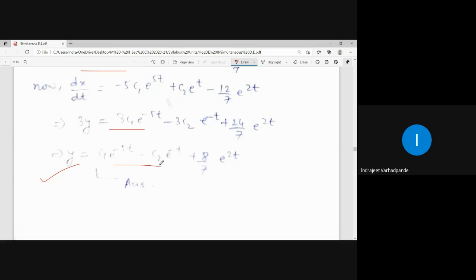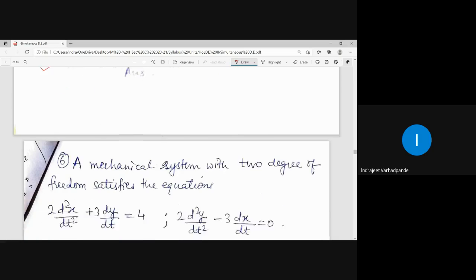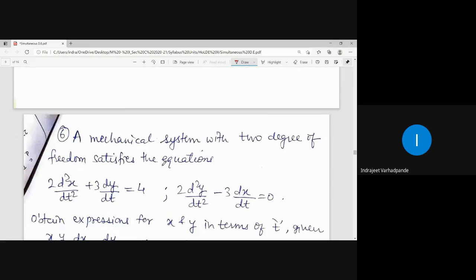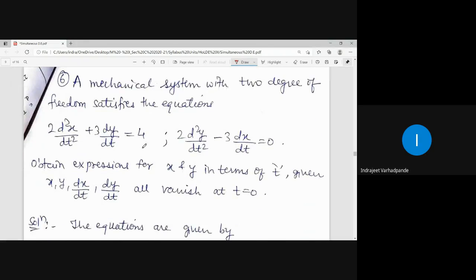If some conditions are given, we find out the values of C1 and C2 and try to find out the simplification. So this was all regarding the first order simultaneous differential equations. One of the other criteria is the calculation of the differential equation when it is given in the second order. So one of the examples we can discuss in the second order differential equation